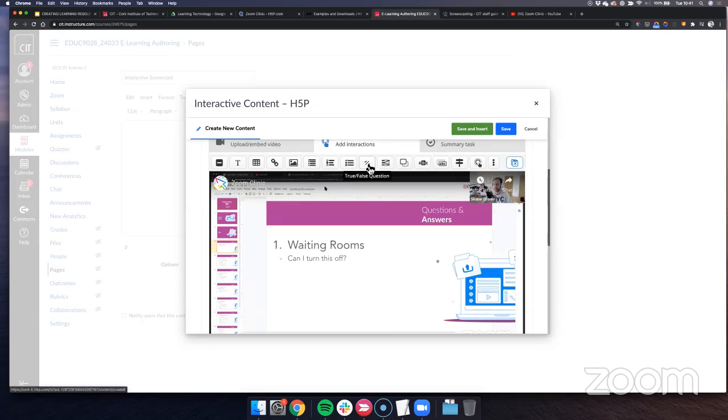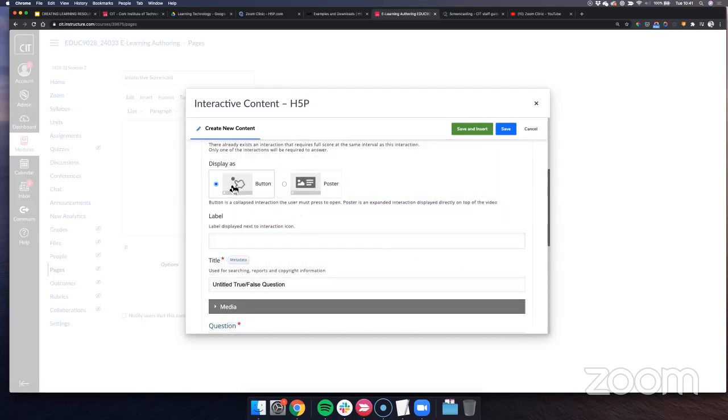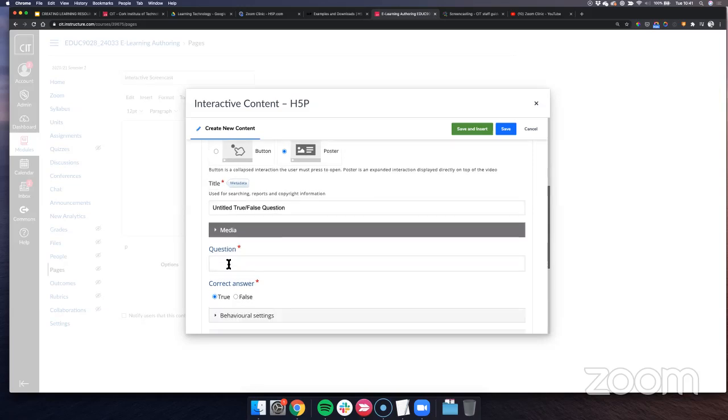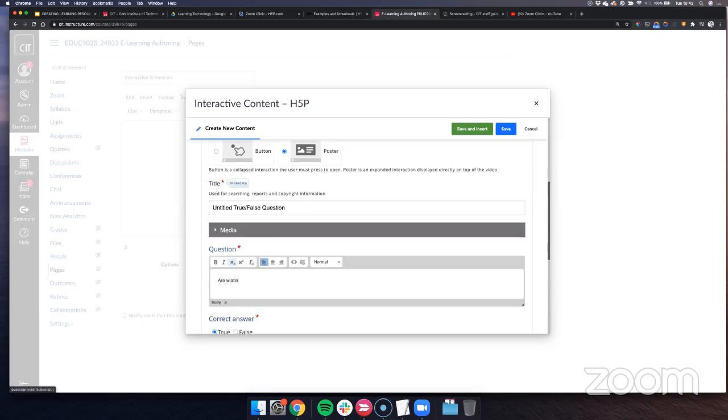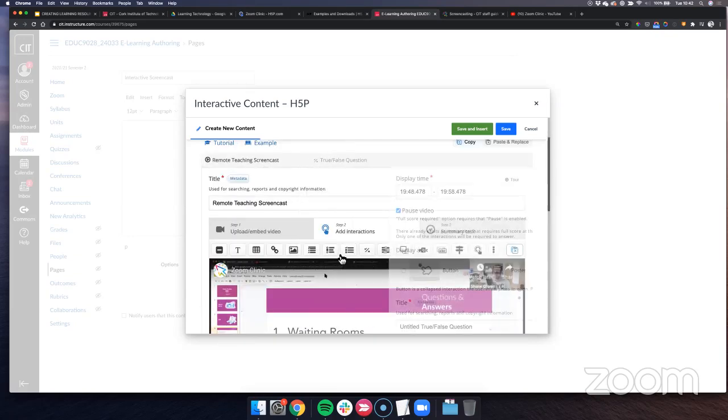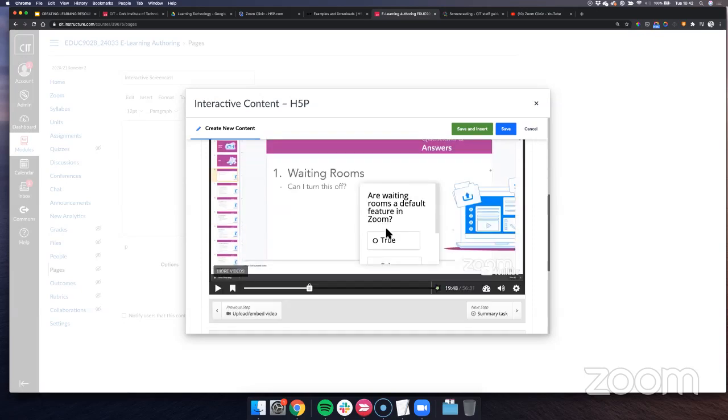What we can do is put in a true false question on top of that. It can be a button or it can be a poster frame. A poster frame takes up the screen, which is a bit better in terms of notifying the user. This is a true false question. We're going to say, are waiting rooms a default feature in Zoom? Yes, they are. And then we can go done. What that does is it adds an interaction at that time. So if we look at the timeline here, we can see a dot. And if we preview that there,